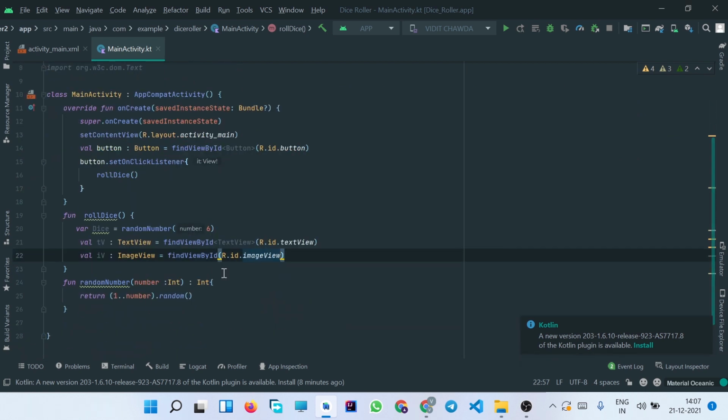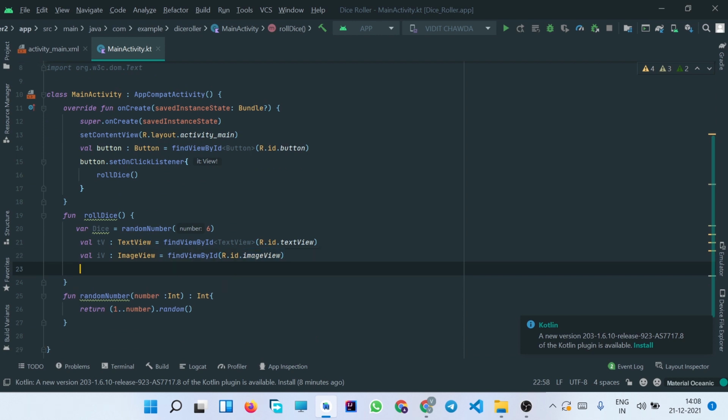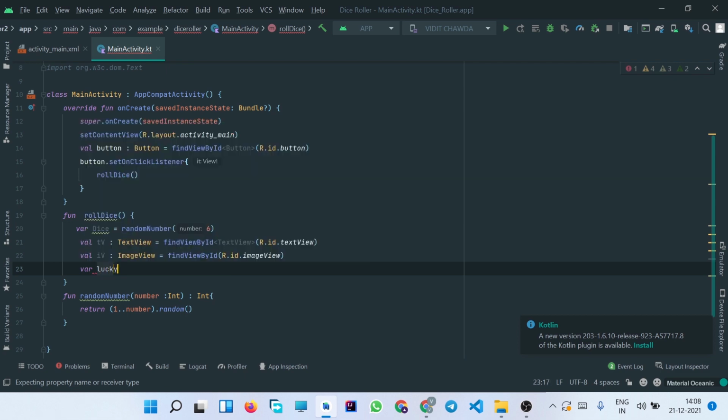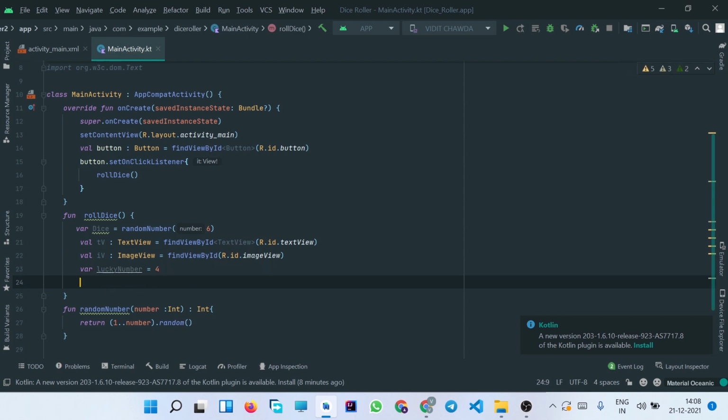Now let us declare a variable which is going to have a lucky number. The lucky number should be between 1 to 6, so let's say the lucky number is 4 here. Now we are going to use a when statement, which will help us define the logic for the different outcomes of the dice.